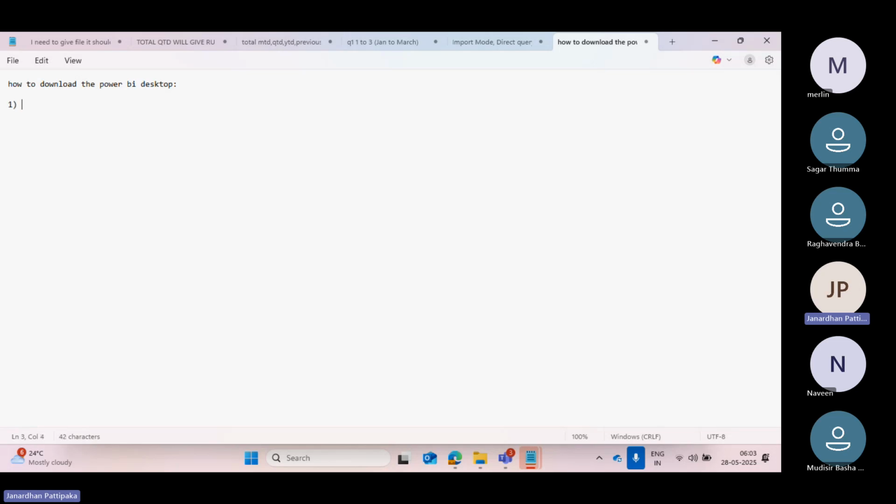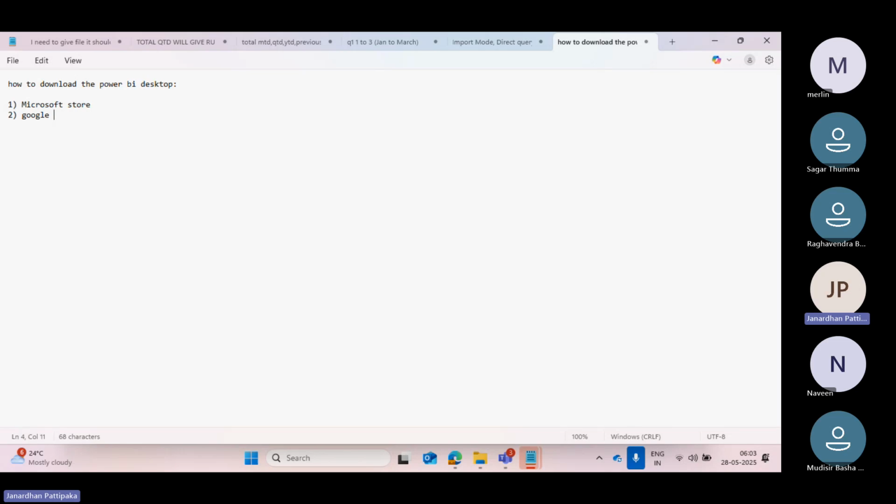The first one, you can download it from Microsoft Store. If the Microsoft Store is in your system, you can download it from there. And the second one, you can download it directly from Google. That means you can browse on Google and download the Power BI